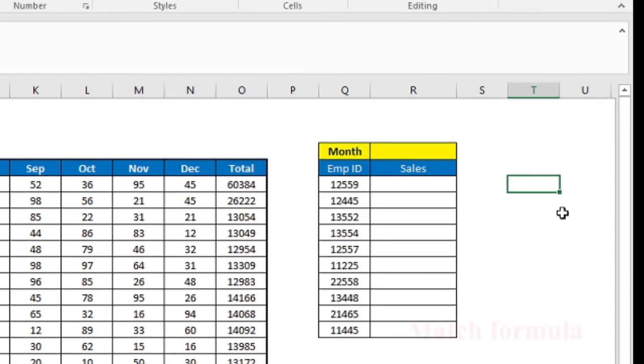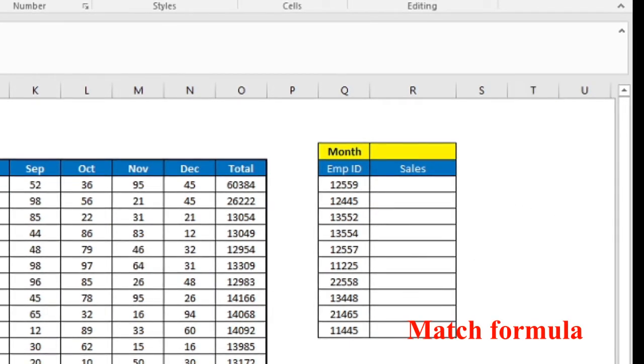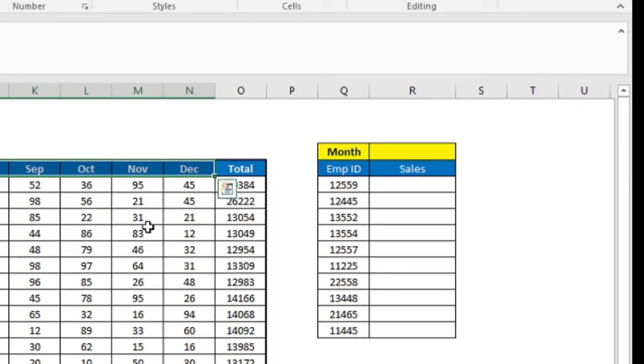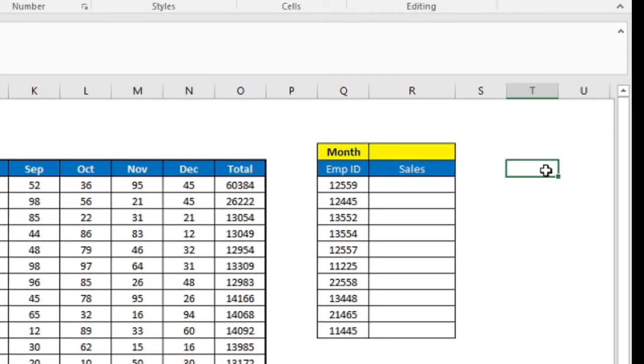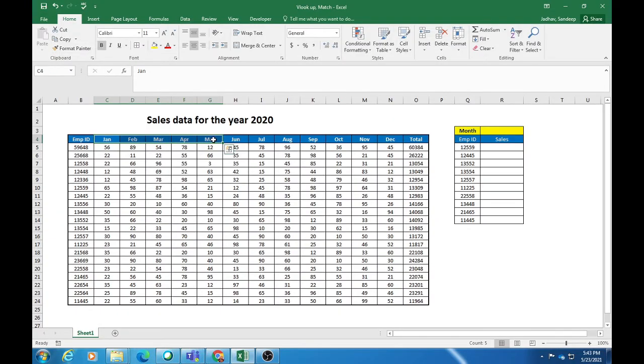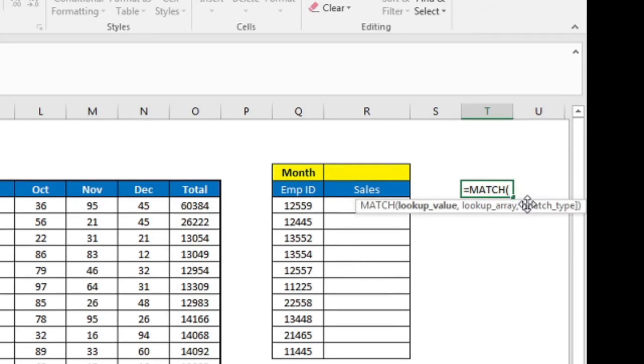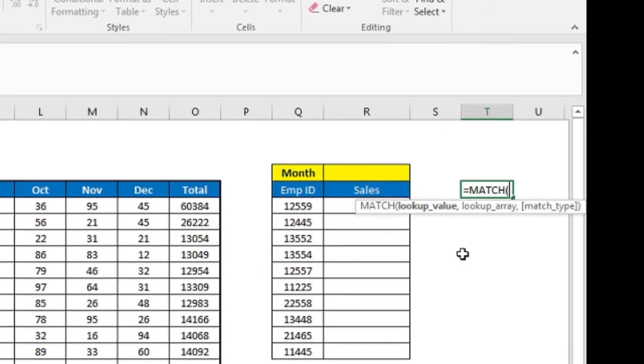The MATCH function gives us the number of the cell in the given range in which it is appearing. For example, for the month of May, it will give us the column index number as 6. So I will put equal to MATCH, tab. Now what is it asking? It is asking for a lookup value. What is the lookup value? What we want to search and find the column number or the cell number in the given range. We want to do that for this particular cell because this will keep on changing.